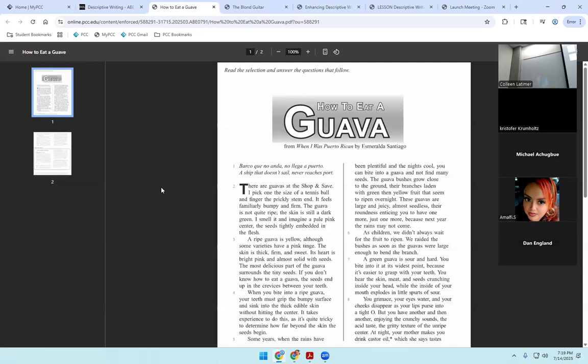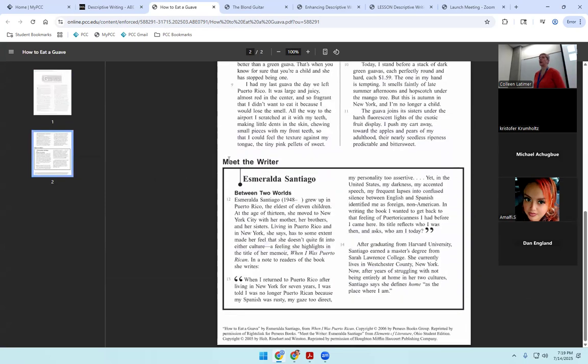So let's take 5 to 10 minutes just to read this, and then there are questions we will answer together. Make sure to identify words that you come across that you aren't familiar with and haven't seen before. I recommend if you are on Zoom to go ahead and open this up on your own because it is 2 pages and I want you to be able to move through it at your own pace.